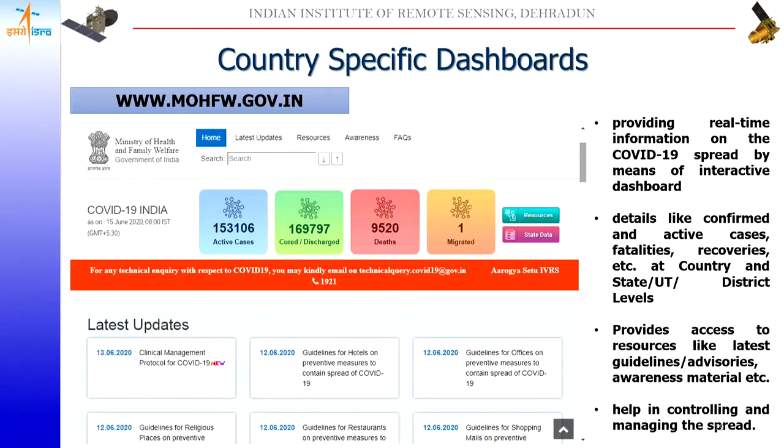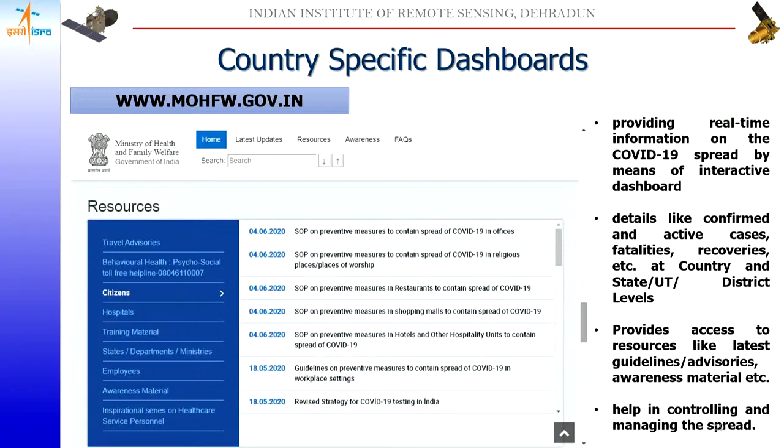Now this dashboard utility is being utilized by various countries. For example, India has also come up with a dashboard by the Ministry of Health and Family Welfare, wherein they are updating the data sets related to active cases, the people who are cured or discharged, the number of fatalities, and also people who have migrated to other places. So using this dashboard, real-time information on the COVID situation can be obtained, along with the status of those cases with respect to the various states and also the